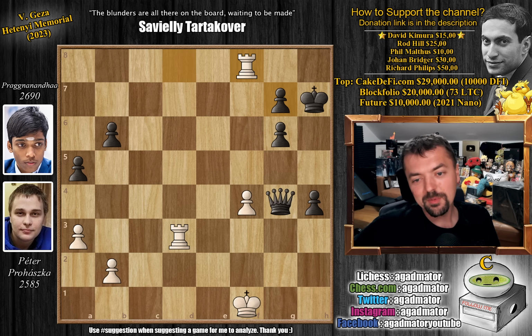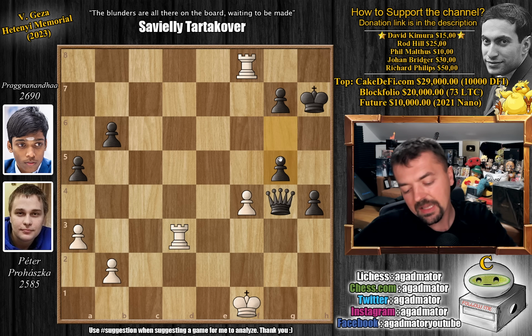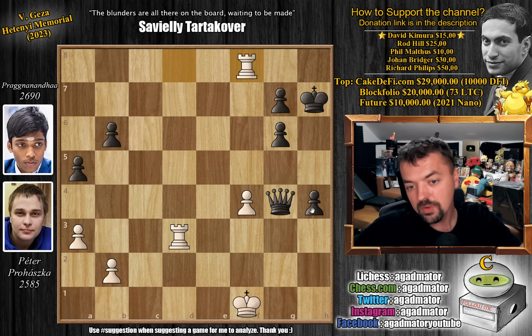So, for those of you who were able to do it, congratulations on not going for the obvious pawn to h3. And for those of you who just want to enjoy the show, it is, of course, pawn to g5. You have to free up this square for the king. And to give you a reason why to do this, if you play pawn to h3, then rook to d8